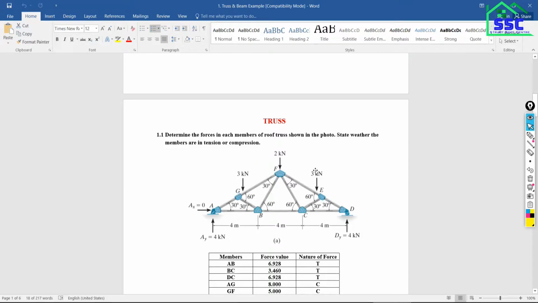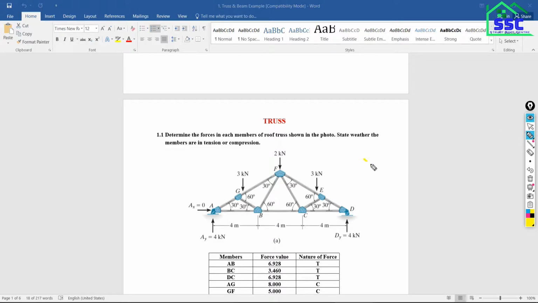So we have to model this truss. Are you all ready to start the modeling? Can you tell me whether it is an elevation view or a plan view? Will this frame be in the XY plane or the XZ plane?